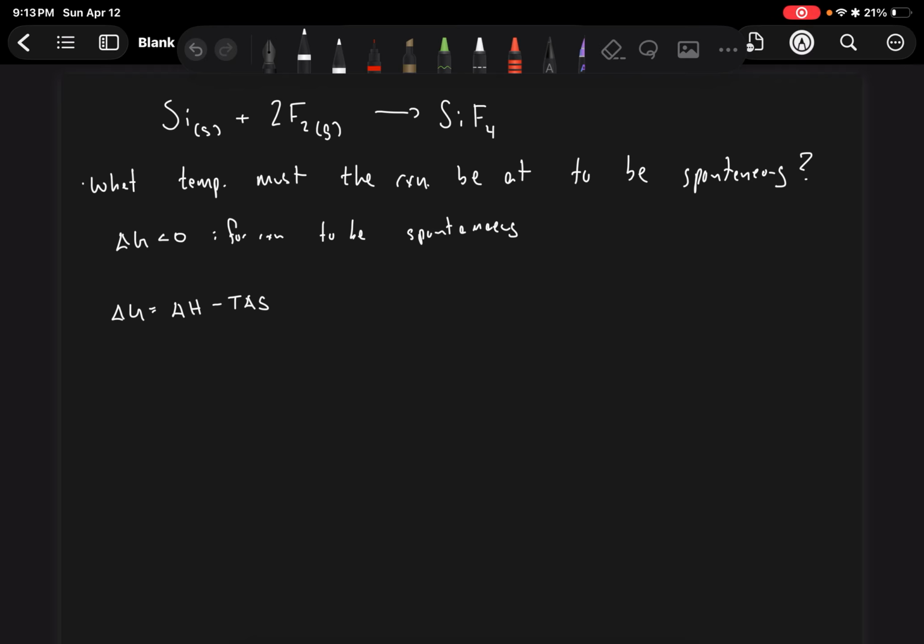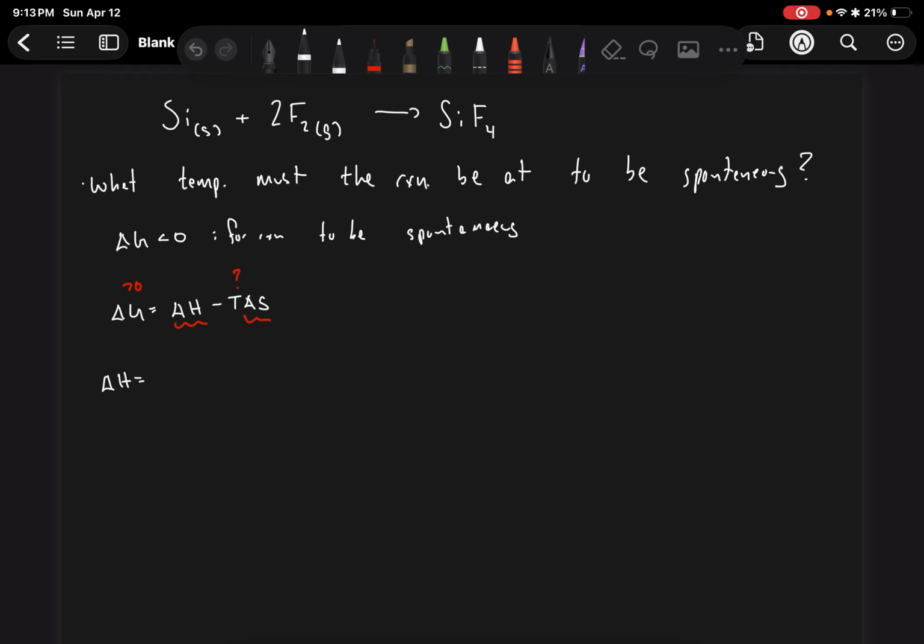So in order for change in G to be negative, wait, I don't even know what I'm trying to say. So we need the temperature, that's the question mark. We don't know this. We know that this is going to be less than 0, and we can find out change in H and change in S. So that's what we're going to want to do first. So we'll just find out change in H. Change in H is going to be equal to